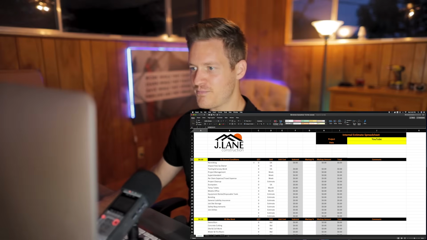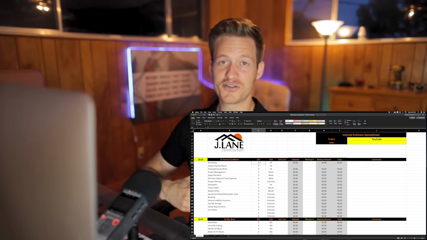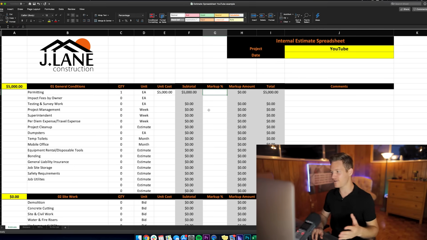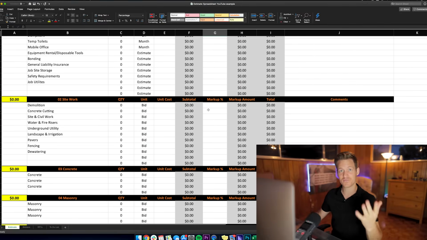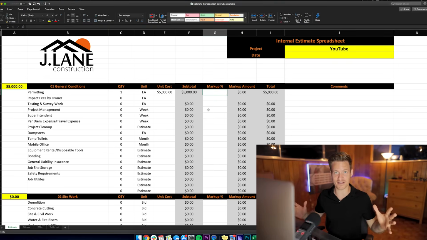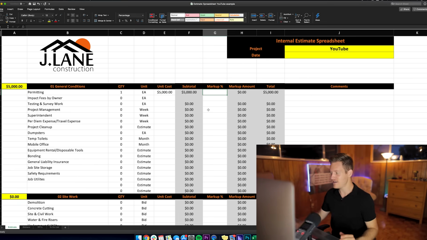And what this is, say permitting, because I know the local jurisdiction, the local city typically charges time or something going down to the city, or just add a little bit of padding, it's this column, and this is for any of these portions of work. Now, obviously, you can't sit here and go crazy with this. You can't mark this up some crazy amount because you're never going to get the job.